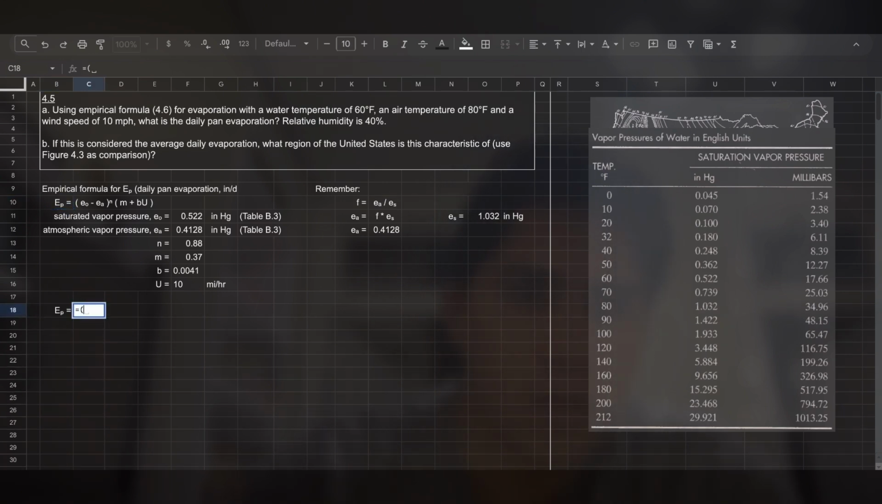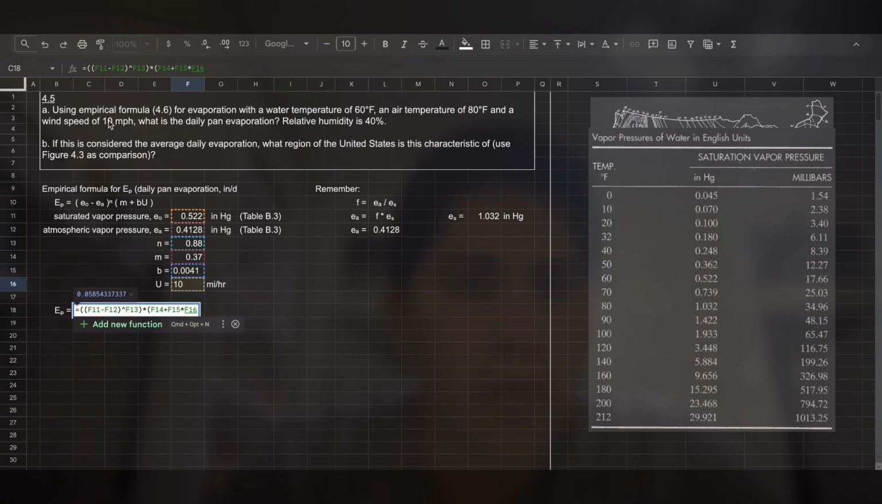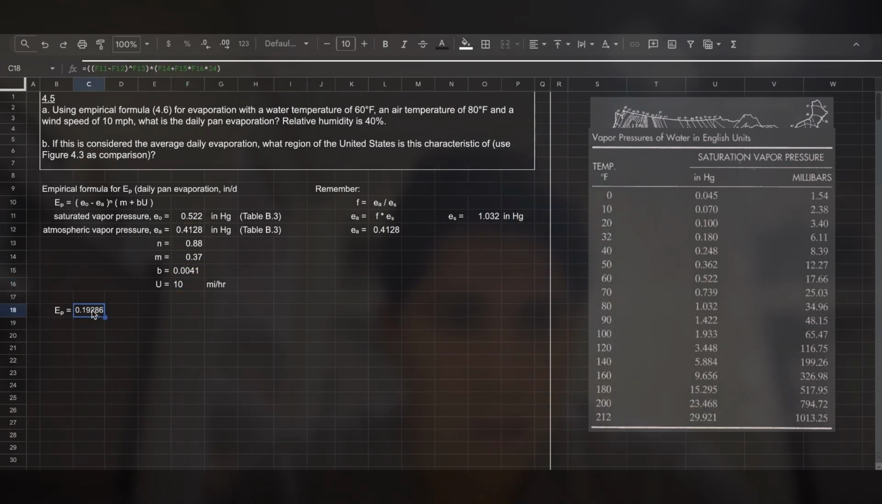So now all we need to do is plug in the values to solve for this, and that's going to be equal to this minus this, elevated to the n, all of that multiplied by m plus B times U, but U needs to be converted to a daily value, because we have wind speed of 10 miles per hour and we're asked for the daily pan evaporation, so we need to multiply that times 24 hours to get it in a day, and that should give us our answer, which will be 0.19